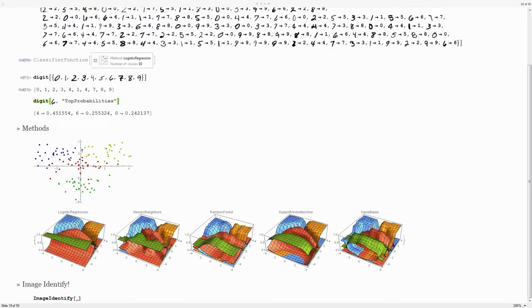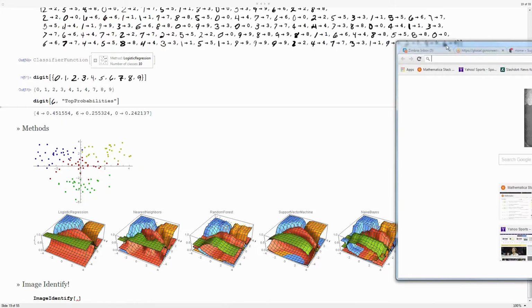One neat example of this that I always like to show people is that it can do this kind of image recognition thing in more depth. So one neat thing we've done in Mathematica 10.1 is we actually gave it a very large training set. We gave it a bunch of images, and we said, okay, this is a picture of a dog, and this is a bunch of pictures of cats, and these are a bunch of pictures of cars, for example. And so there's now a function built on the classify function called image identify, where,